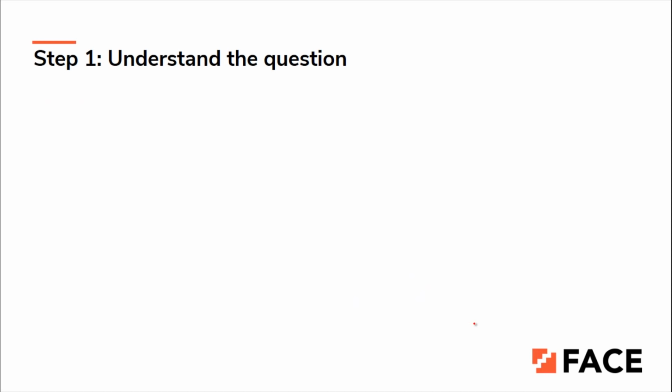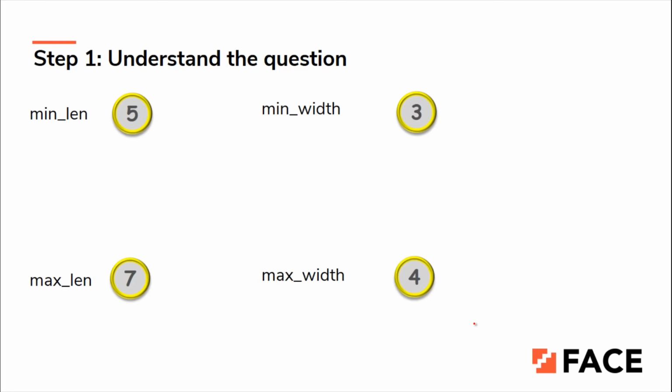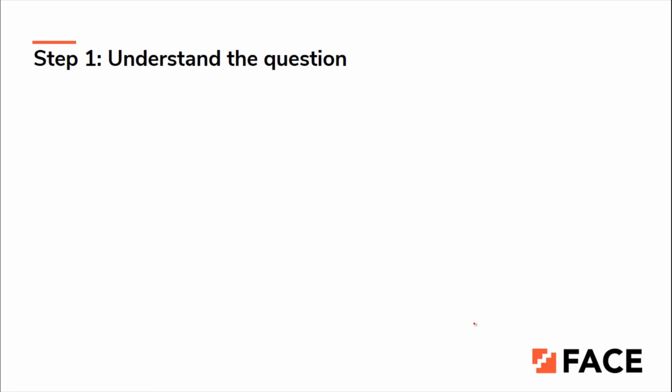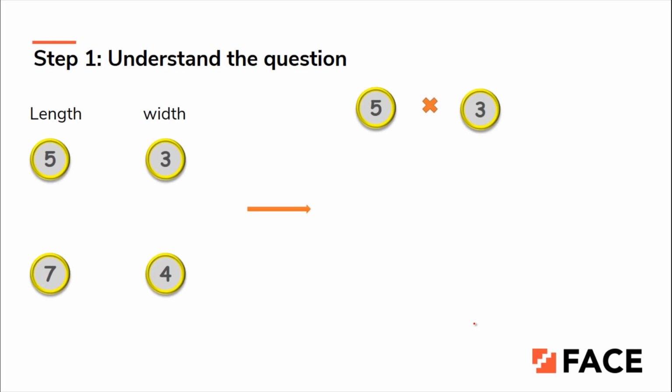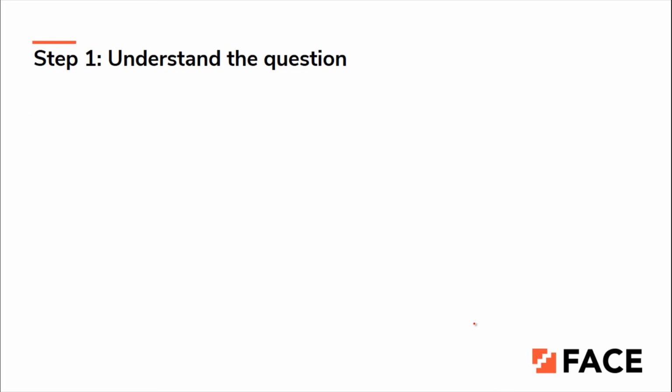Similarly, you will have to work for 5 cross 4, 6 cross 3, 6 cross 4, 7 cross 3, 7 cross 4. So totally there would be 6 combinations. For the first combination we have got the output as 4. For the second combination we might get some other answer. You will have to total the values and then print the output. So I'm just taking the minimum length and maximum length. So the total possible combinations would be like this.